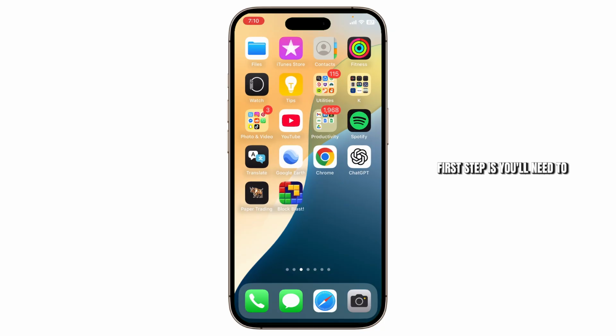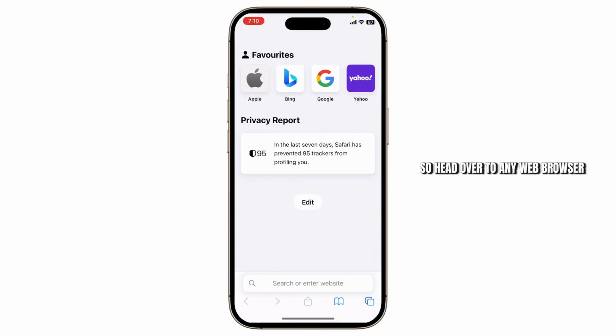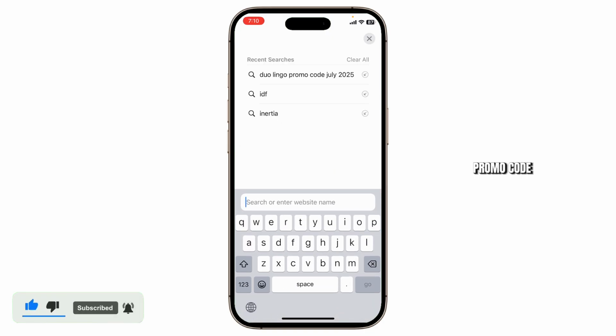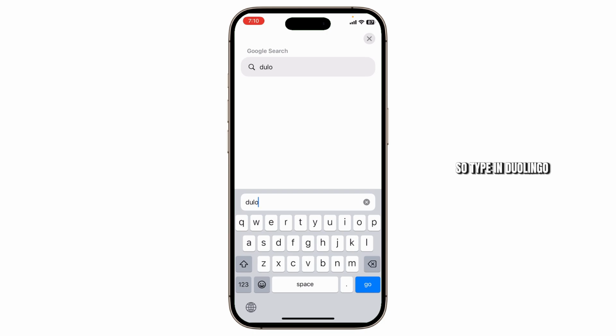First step is you'll need to open up your Safari. So head over to any web browser. It can be Safari or Google Chrome or any other. It's completely up to you. Then what you'll need to do is simply search for Duolingo promo code. So type in